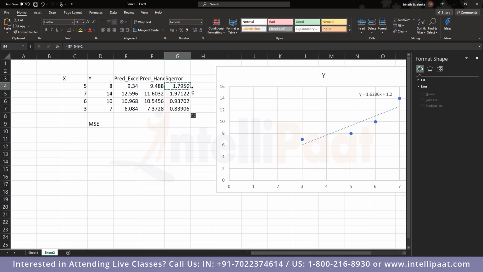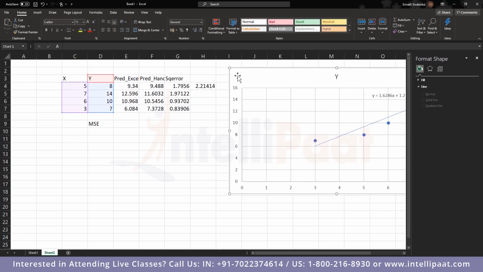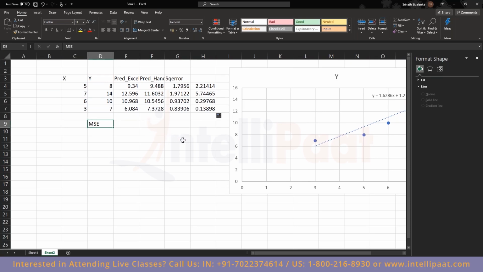Actual value minus predicted value whole square. Similarly, you can do the same thing here as well, but this time it's going to be the actual value minus the predicted value, this to the power of 2. So if you compute MSE,